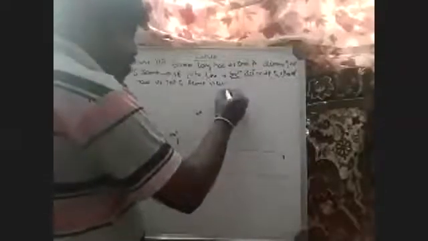This is end A. If this is end A, what will this be? This will be end B. So this is B dash. So this is locus line B. Now here, where is B dash? B dash will be on locus line B.